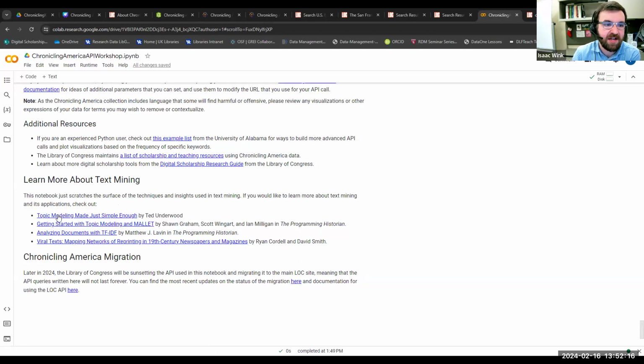Another big concept in text mining is topic modeling, which is explained very well in this blog post. These things all, for the most part, come back to that basic idea of counting words, but they take it a little bit farther. If you want an example specifically of a really cool research project using Chronicling America, I suggest checking out the Viral Texts project from Ryan Cordell and David Smith. They used a process similar to what we did here today, although somewhat more advanced, to look for the degree to which different